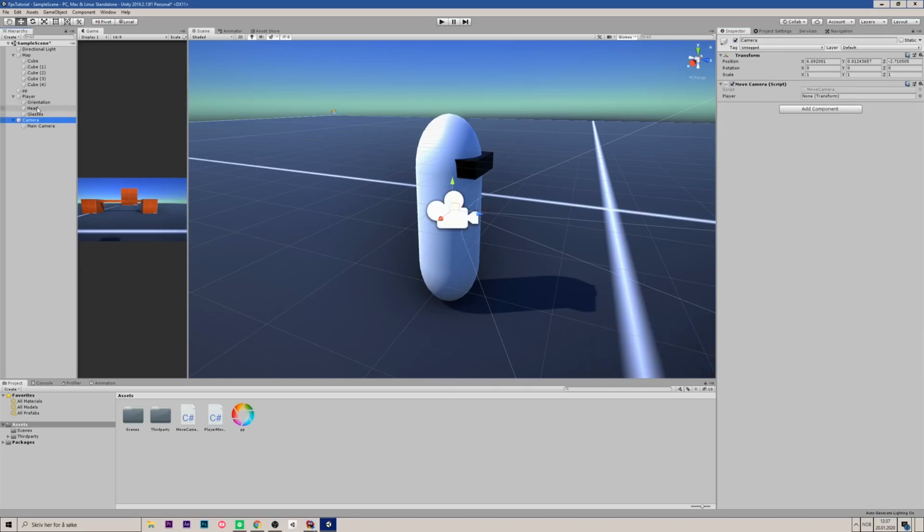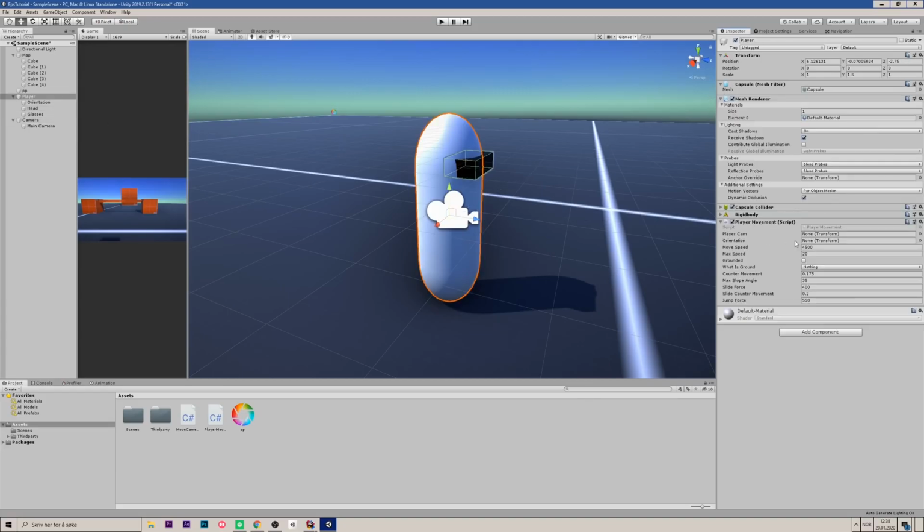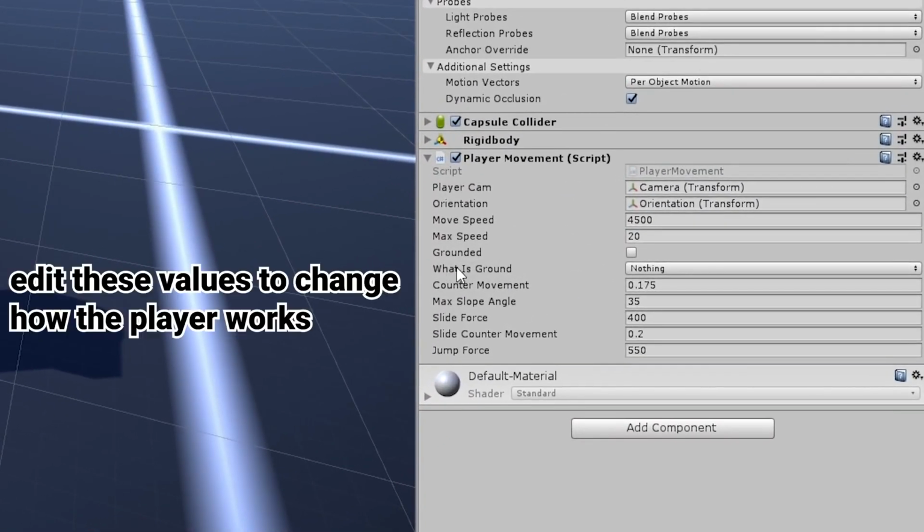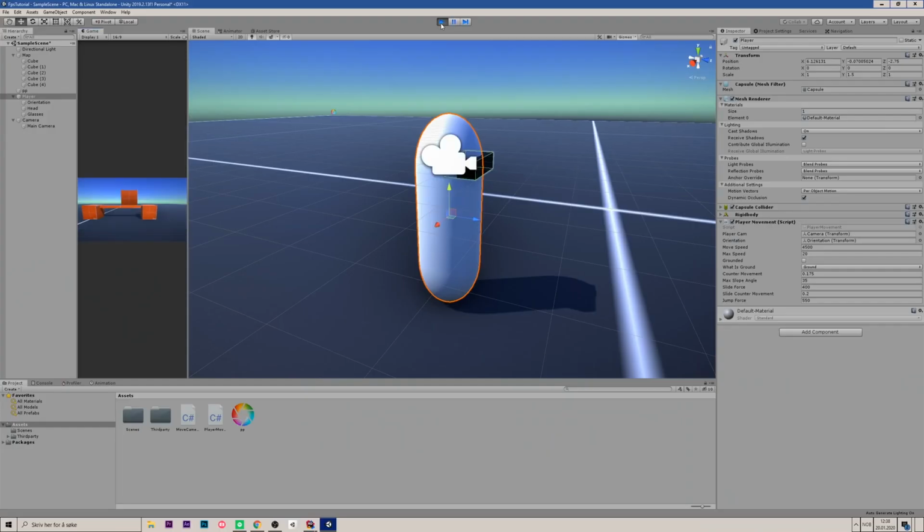We're also going to drag in the head of the player onto the player transform right there. Then going back to the player, we need to drag in first the camera, which again is the top one, not the main camera. We're also going to drag in the orientation. And finally, we need to say what is ground. So, well, ground. Yeah. And just like that,